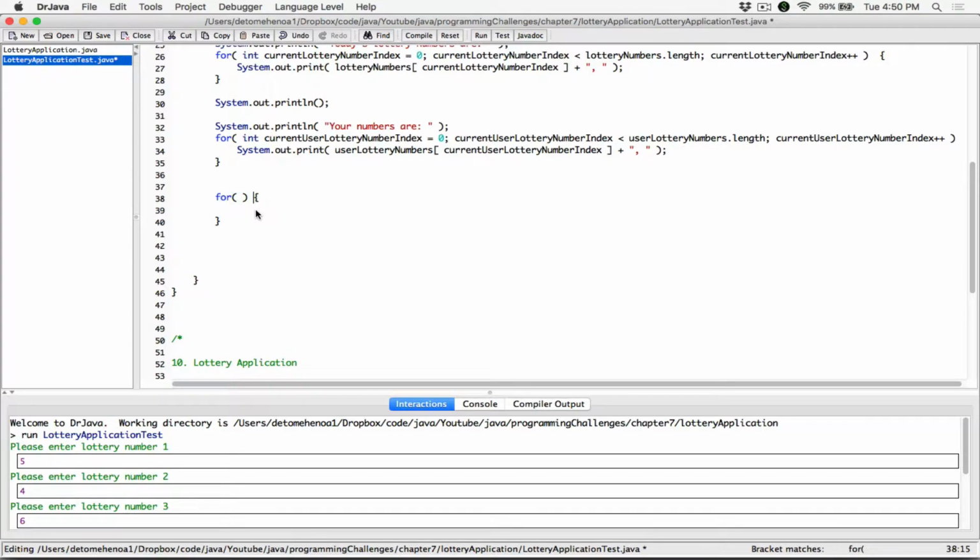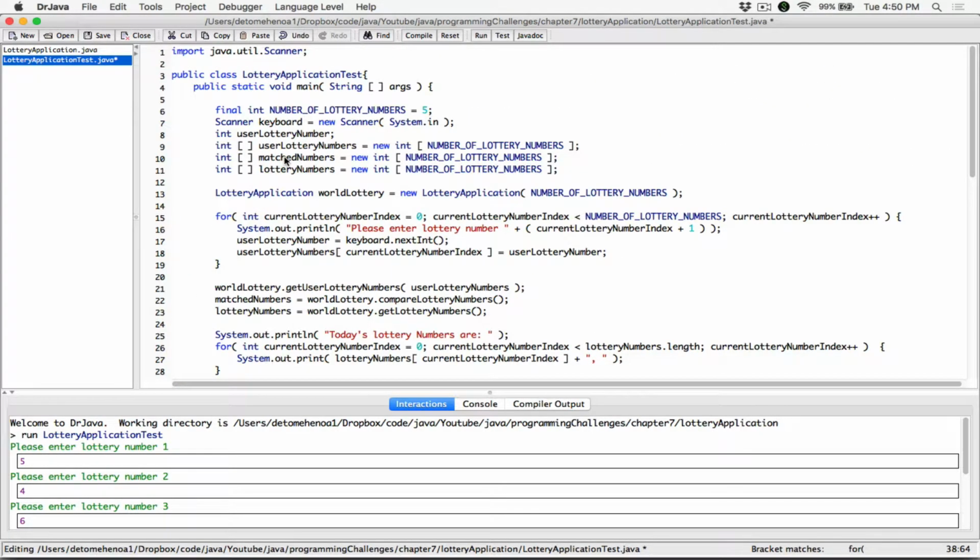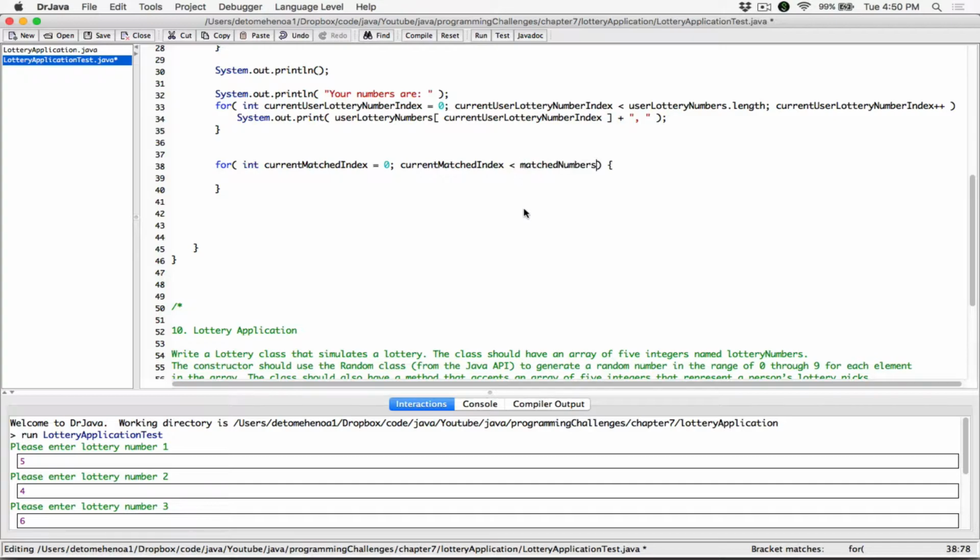Same idea of going through the loop. We create a target variable. It's going to be for int, because we're going through the match numbers array, for int matched. Let's start with current. For int current match number index is equal to 0. So as long as our current match number index is less than the length of our match numbers array, match numbers array dot length, what we want to do is do what's in the loop. Use that index to access an element in the match numbers array, before we come back up and check to see if the current match number